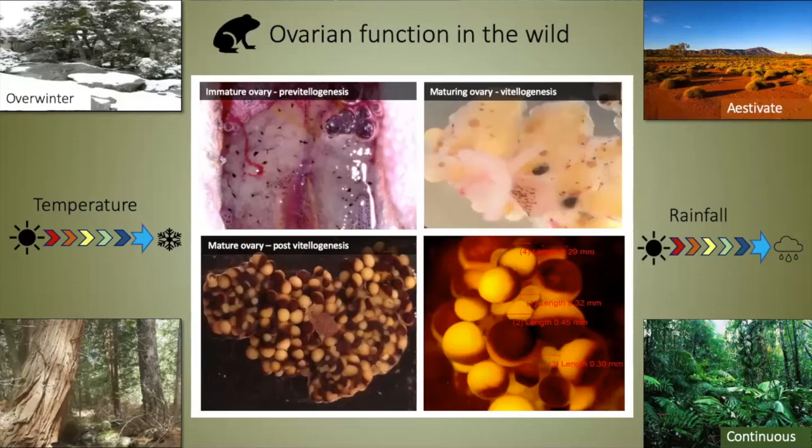And the fat that they've accumulated over their active foraging periods is the resource that will be poured into the growth and maturation of these eggs